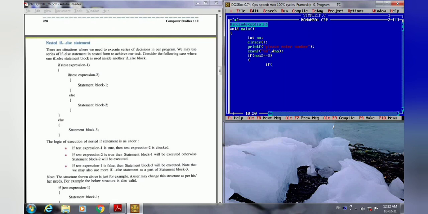So if the same number modulo by 4 equals 0, then if this condition becomes true, we have to give the message printf "number is divisible by 2 and 4". If the first statement becomes true, then this message will come, that the number we can divide by 2 and 4.